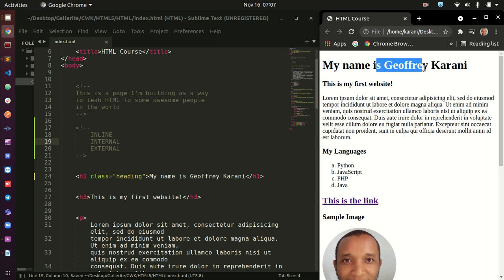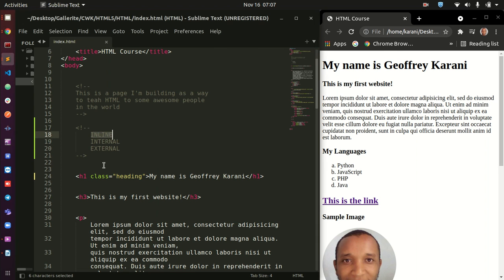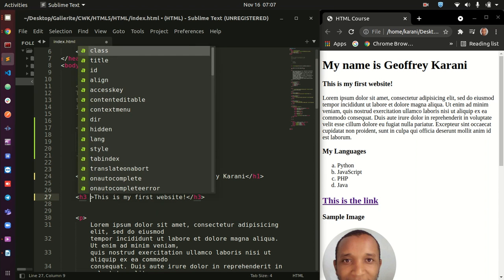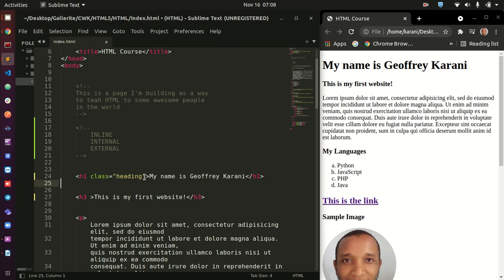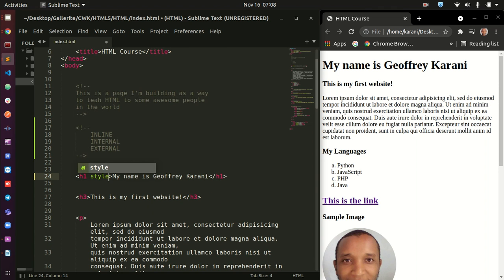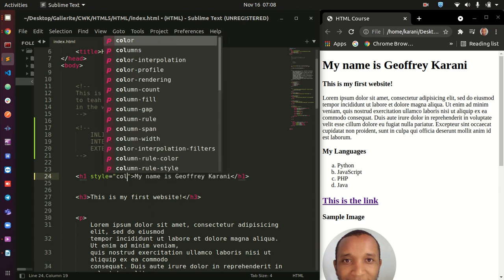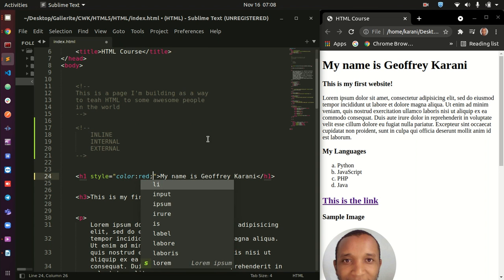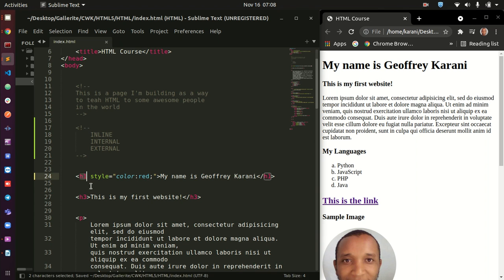Now we want to change the color of my heading here. If you're using inline CSS, you implement this by simply adding, let me change this, change the color of this instead. So you simply add this by adding a style here, style, and then you say equals. You open the quotes, and then you write color to whatever color you want. So I have just said style equals color red. This is what is referred to as inline CSS.